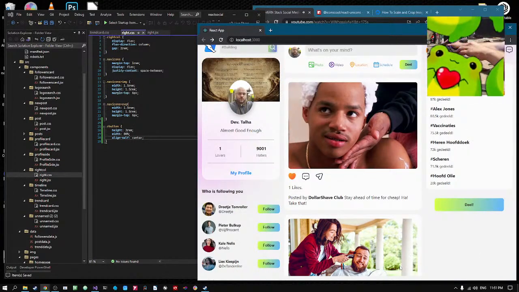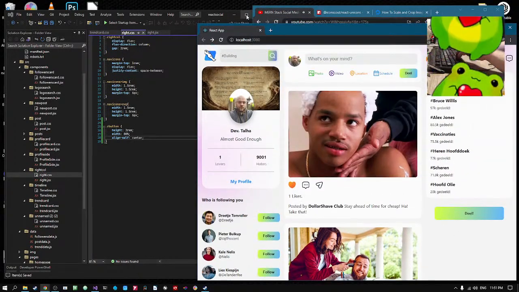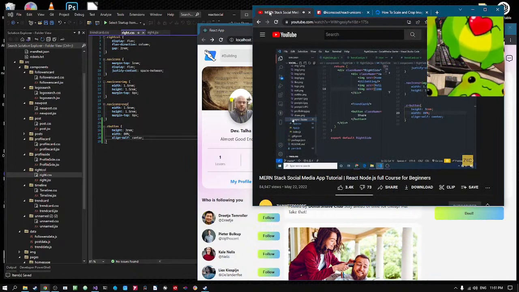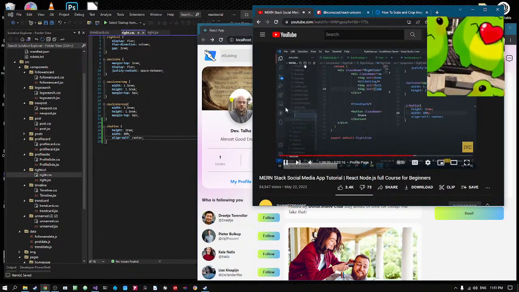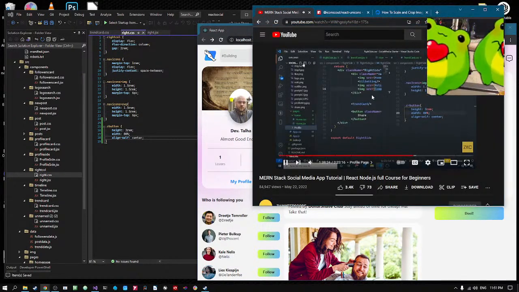Next we are going to make the profile page of our application. For the profile page, I will go inside the pages folder, and here I am making another folder with the name profile. Inside the profile, I am making a